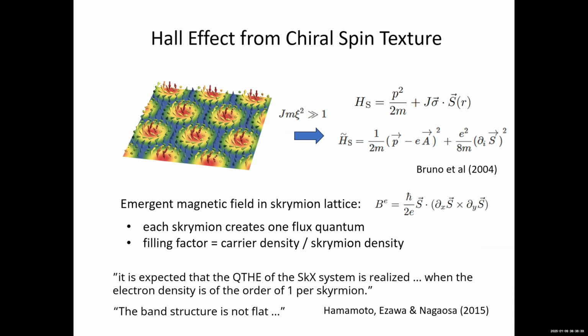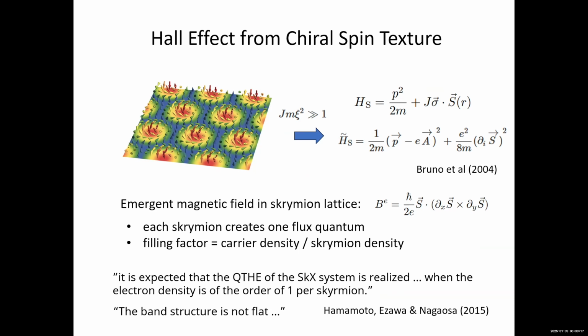In particular, if we have one skyrmion, then the flux carried by this skyrmion is one flux quantum. And this immediately says that in a metallic magnet with a non-coplanar spin texture, we generally expect a Hall effect, just like a real magnetic field applied to a metal. Now, this effect is called the topological Hall effect. It's usually a small correction to the dominating conventional Hall effect as well as the anomalous Hall effect in the ferromagnet. However, theorists speculated that perhaps, this was work from more than two decades ago,